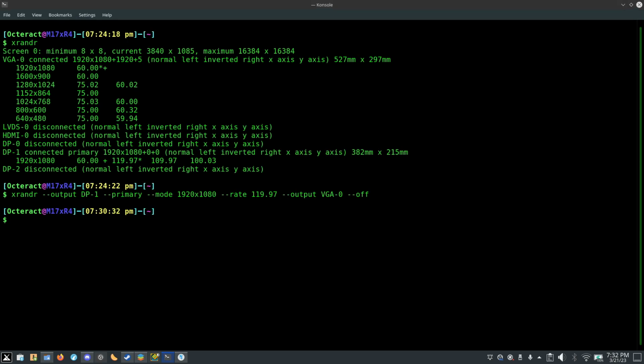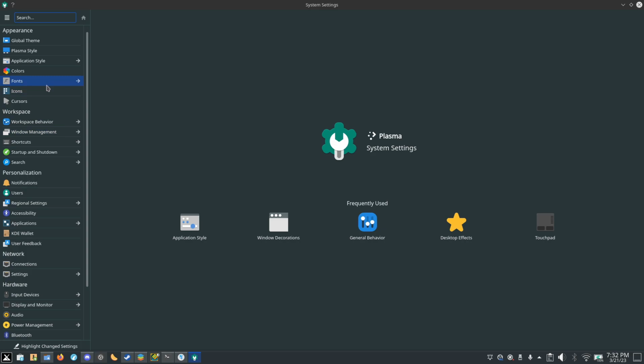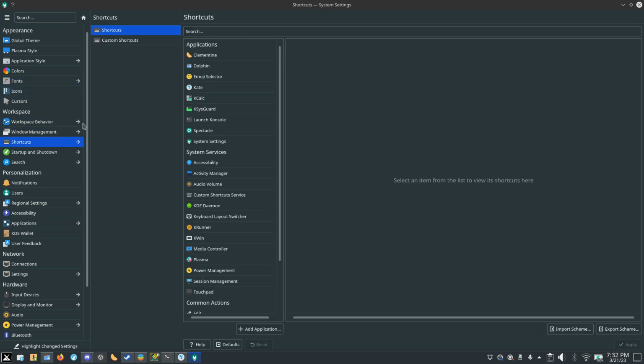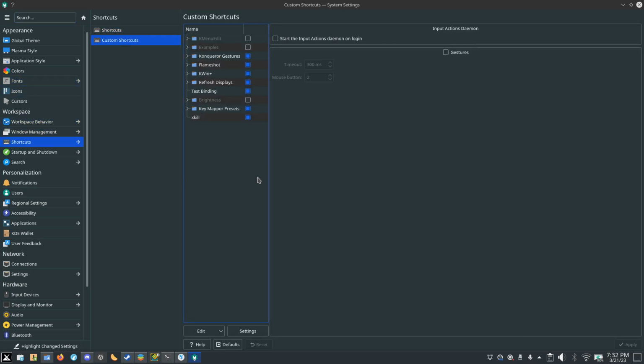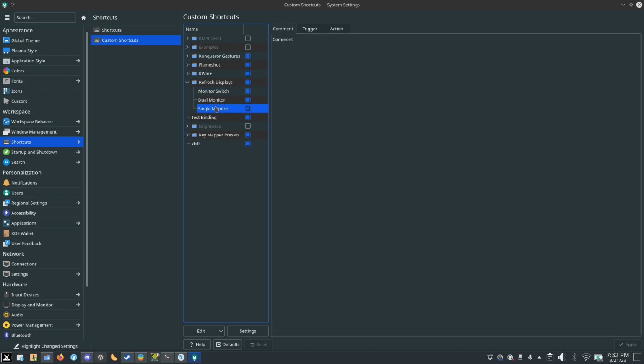Now I just want to quickly give an example of how you might use this xrandr command more practically. If you're using KDE, you can open up the settings and then go to the keyboard shortcuts section, go to custom shortcuts, and here you can set up a custom shortcut to manage your displays. So for example, here I have under the refresh displays folder a bunch of different shortcuts that allow me to manage my displays. So one of them is monitor switch, and all this really does is it runs the script